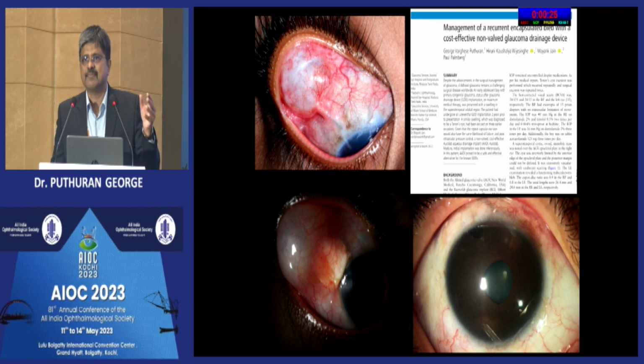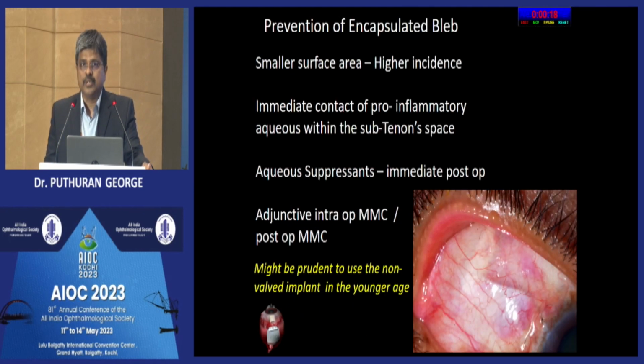Tenon cyst encapsulated blebs are much more common with the valved implant. It is extremely important to start aqueous suppression right at the immediate post-op. If the pressures are 10 millimeters or above, we just start a fixed drop combination from second post-op day in